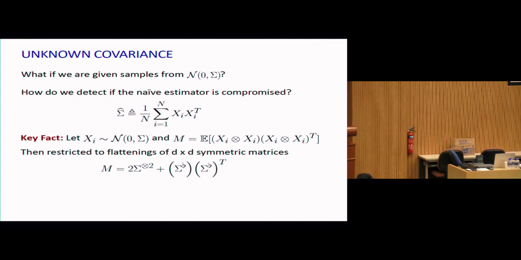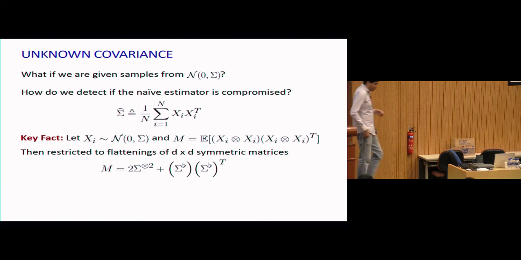When I take the expectation, what I claim is that that matrix has a really nice form when you're talking about Gaussians. If you restrict this d squared by d squared matrix to acting on only the right subspace, namely the flattenings of d by d symmetric matrices, it has this really nice, clean, closed form expression right here. I should tell you what the symbol right here means, this flat. It means you flatten it. So what you do is you take this d by d matrix sigma and you flatten it into a length d squared vector, and you take it times its own transpose, and that's the third term.